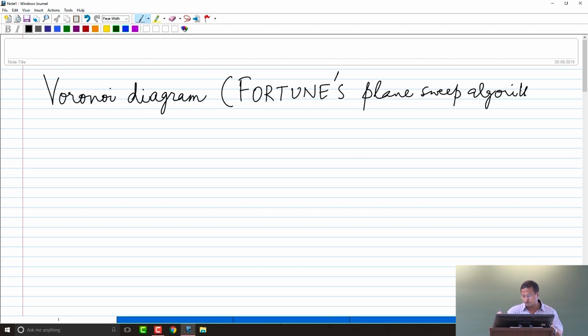The first algorithm for computing Voronoi diagram in R2 was a divide and conquer algorithm by Shamos way back, but it is kind of messy. Fortune's plane sweep, you have nice implementations. The other way of implementation is a randomized, rather incremental kind of